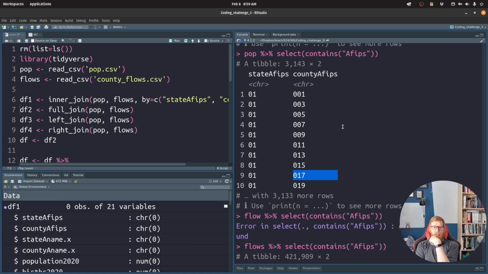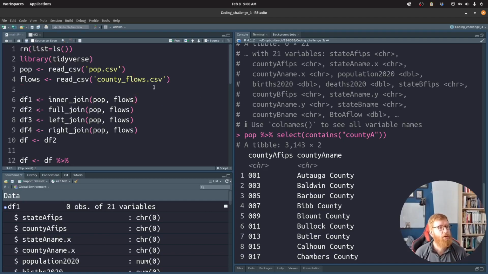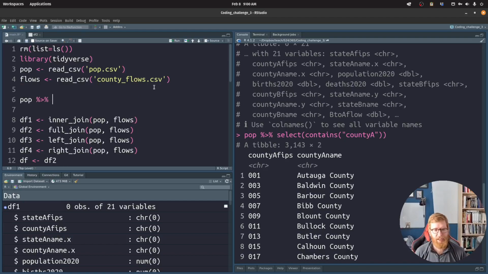Now, one possibility here is we could force these to be numbers instead of characters, do the join, and then maybe afterwards we could change them back to characters. It would be slightly annoying because we would lose this double zero, but it might do the trick. Our alternative is to find a way to get rid of this extra space. I'm going to try that first. So I'm going to experiment with the mutation here before I incorporate it into my code. So if I do pop,